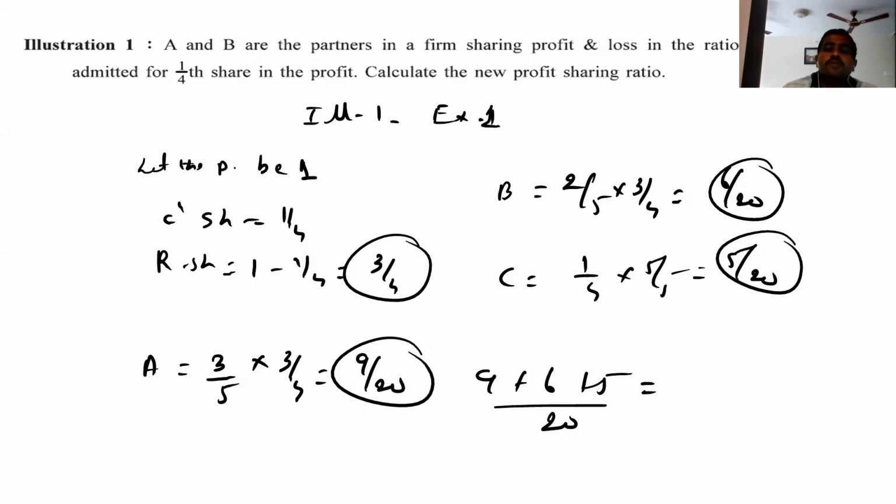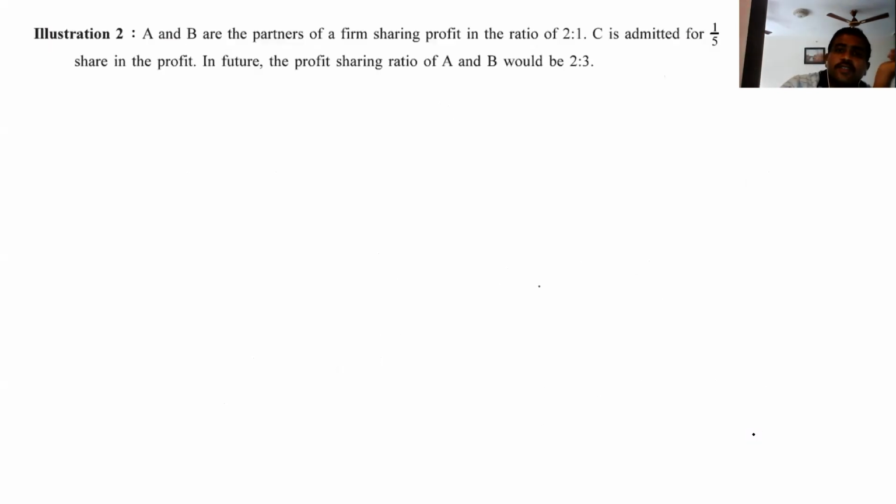You should always remember that when you make the total, it should always equal 1. I just make the total so you can get clear very easily. So what's the total I have done? 9 plus 6 plus 5, that comes to 20. 20 by 20, it comes to 1. Clear? That we have done, friends, first one.